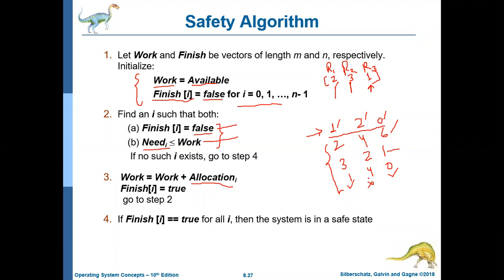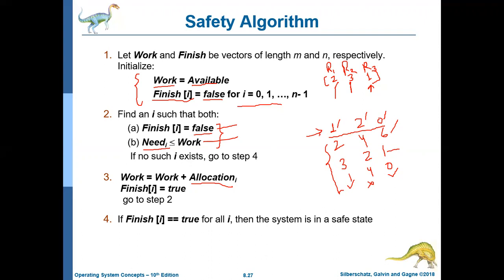After that execution, that process will again release all its resources, and your work will again increase. In this way, you can execute your processes one after another, and you have to check whether all the processes can run in any order or not.